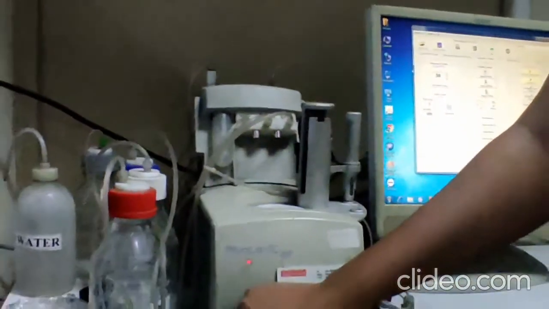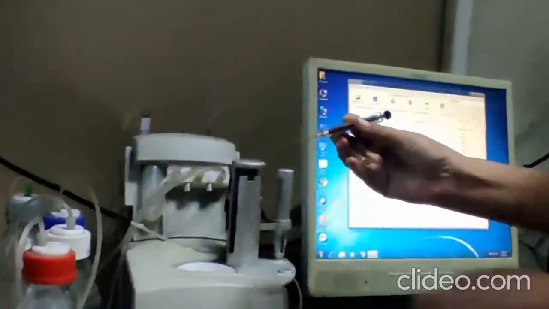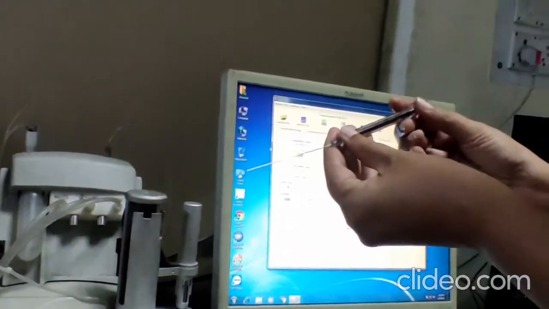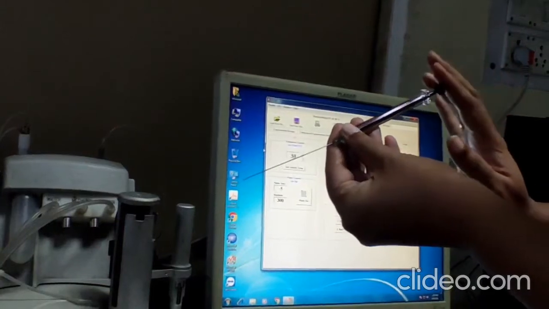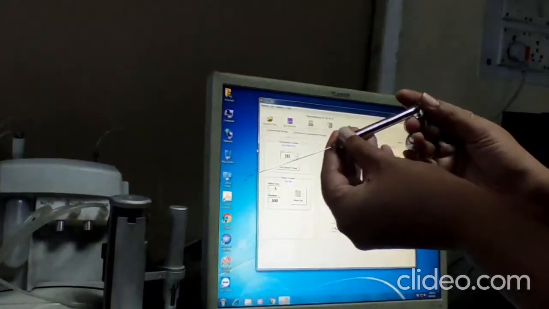So this is a syringe of 300 microliter, quite a sophisticated one, and we cannot get another one, so we always have to take care of this.